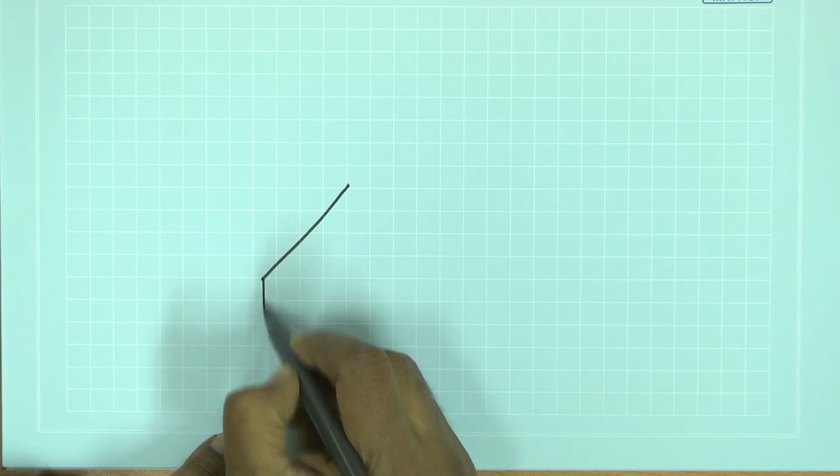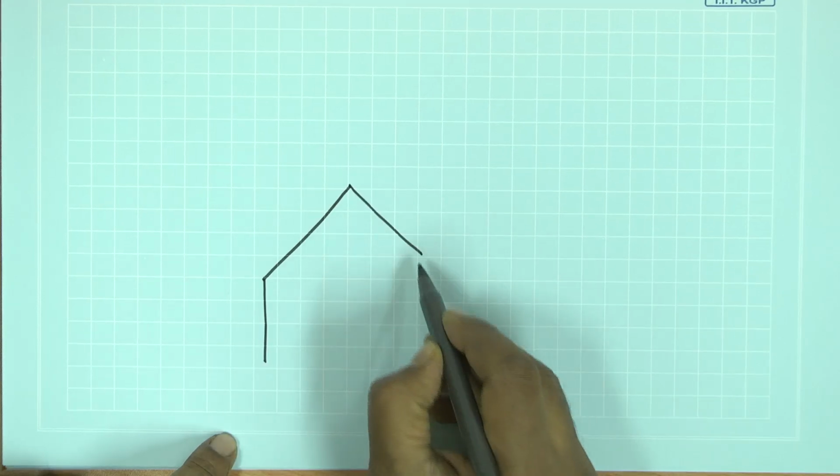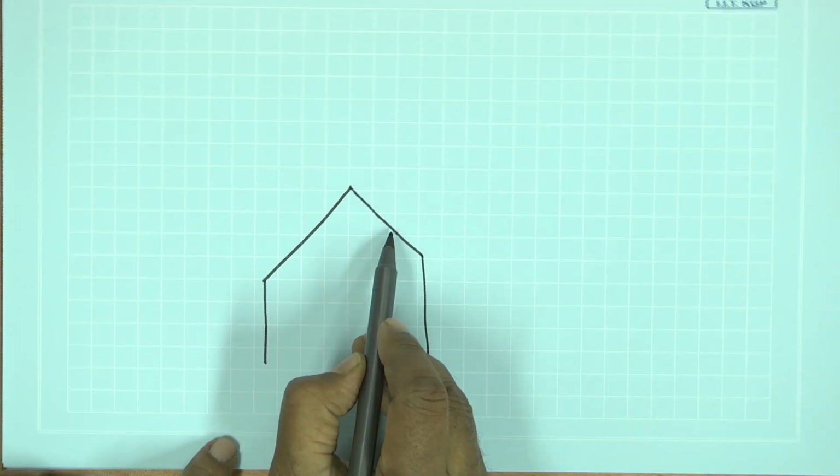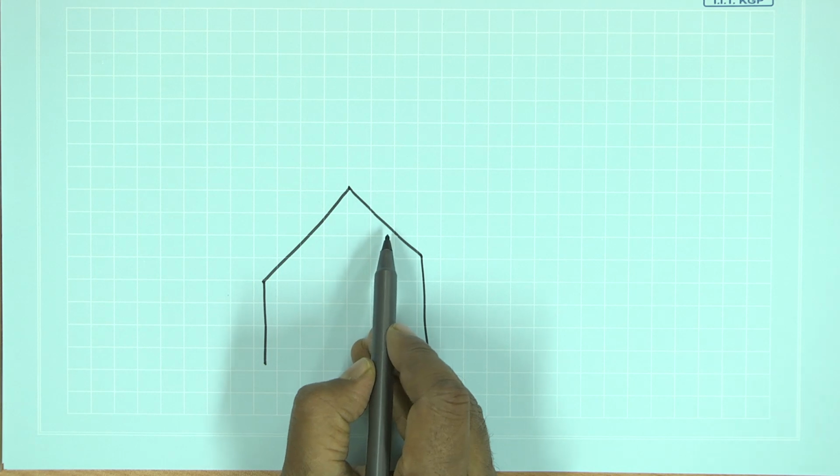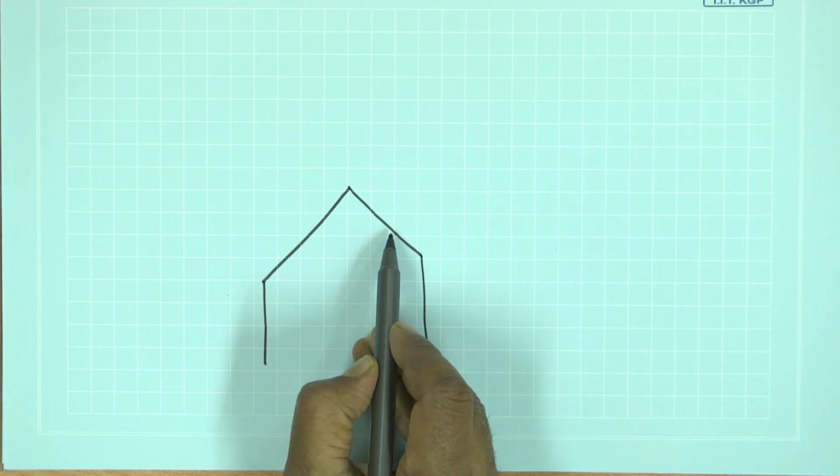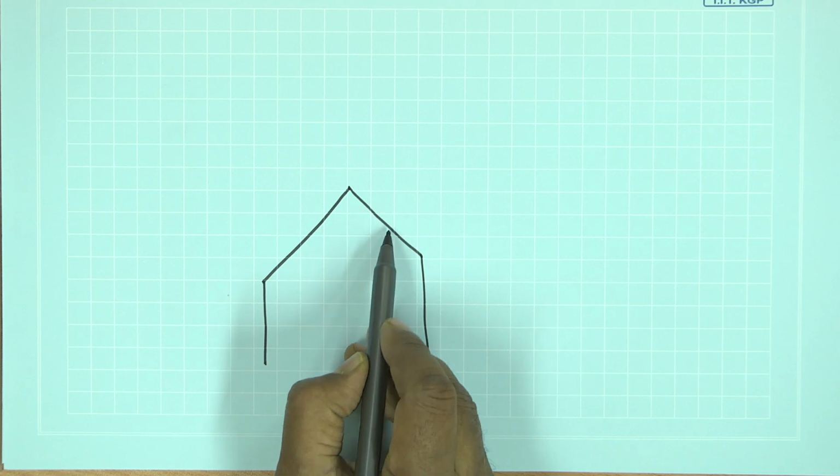So, let us see what is auxiliary orthogonal rake. If we look at the tool from the top, we will see something of this type. This is the main cutting edge, or the principal cutting edge, and this is the auxiliary cutting edge. So, naturally, if we are talking about the auxiliary orthogonal rake, it must have something to do with this particular edge.